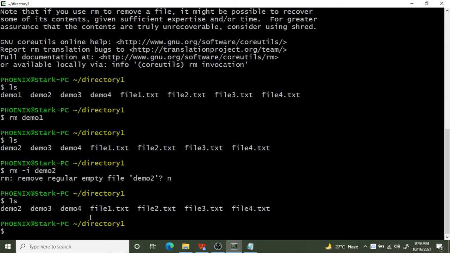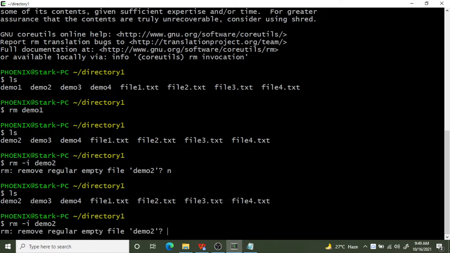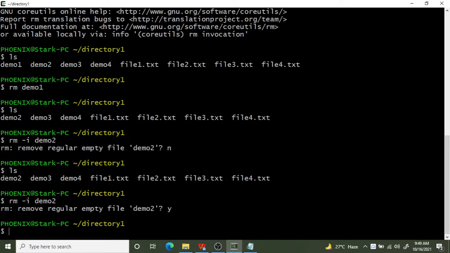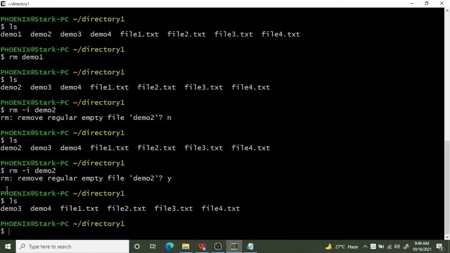But if you want to delete it, you do rm -i demo2, hit enter. Remove regular empty file demo2, you say yes and hit enter. Okay, done. Now see ls. When you run ls, you cannot see demo2 because it has been deleted through this command. demo3, demo4 and all the other files are present.